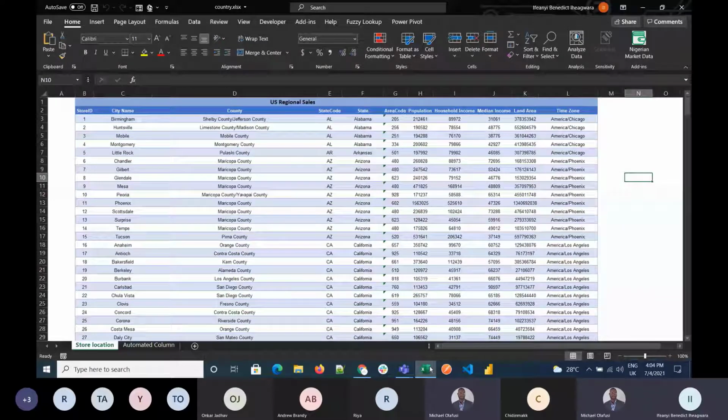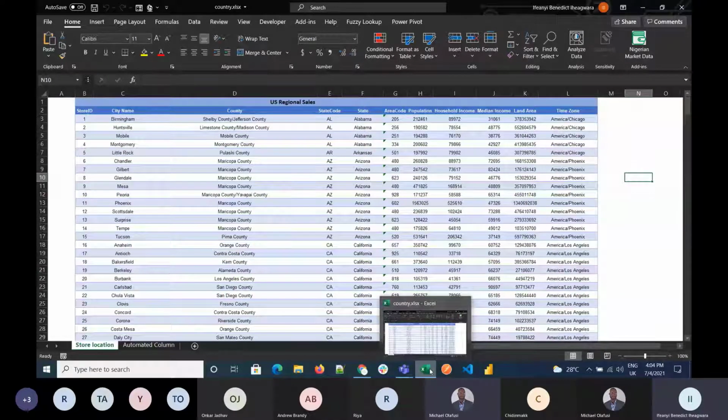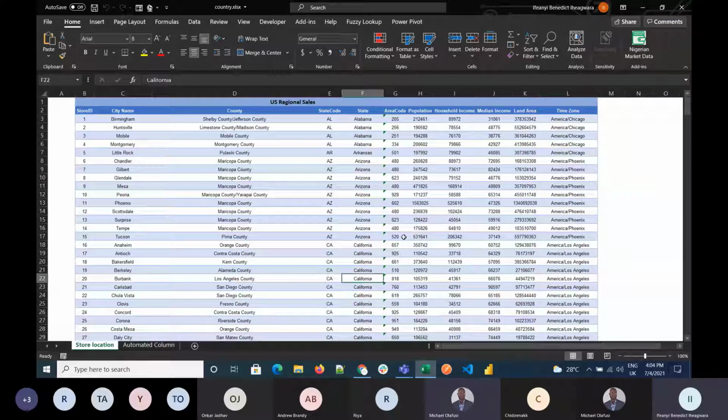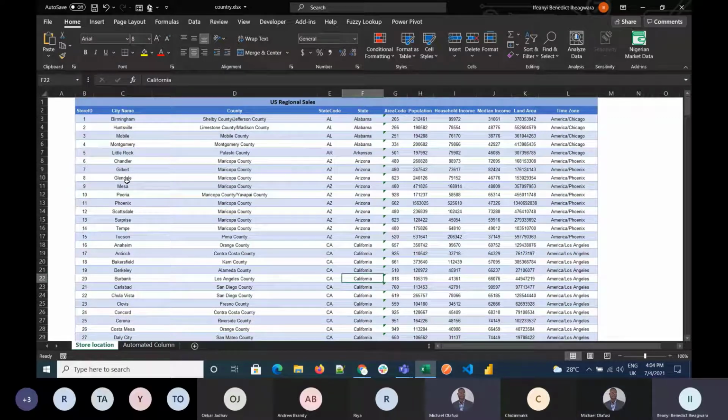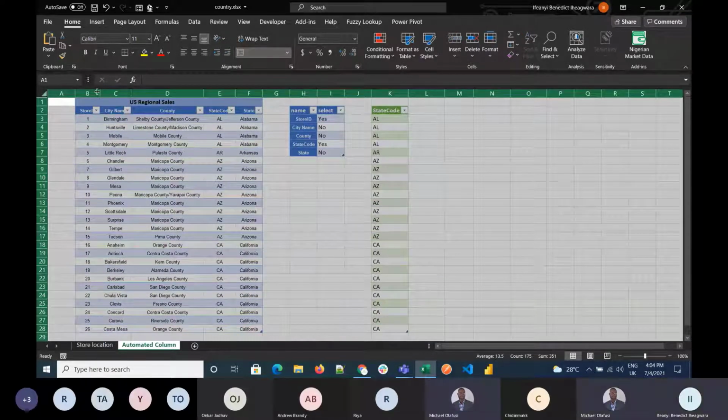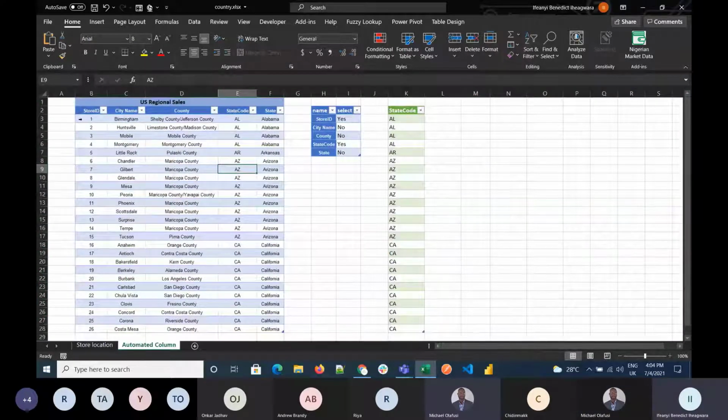Okay, so today we're looking at regional sales data, and we're looking at how to use Power Query to automate the data. We want to see this column. This is the same data as this, which has store ID, city name, countries, country code, states, and population. I just collected some columns from the data set, and we'll see a way in which we could